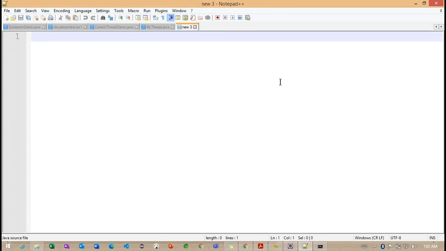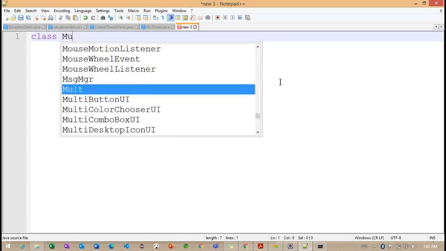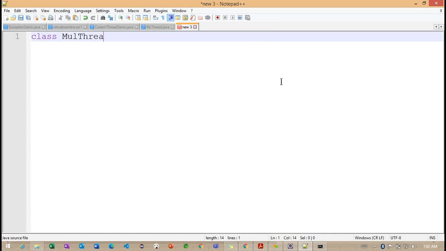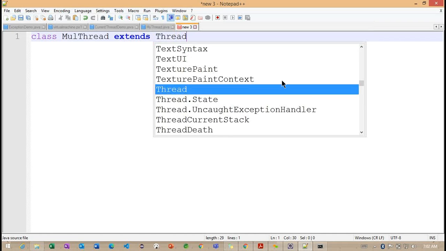To create multiple threads, first I need to create a class MulThread, which is nothing but multiple threads, extending our Thread class.